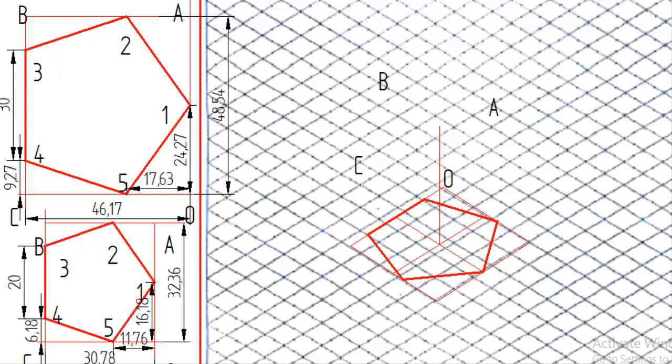Okay, now we need to take the smaller line, that is a thin line. Now see OA coming this side, the OA distance we have 32.3, that means we can take 3 boxes and slightly more than that.